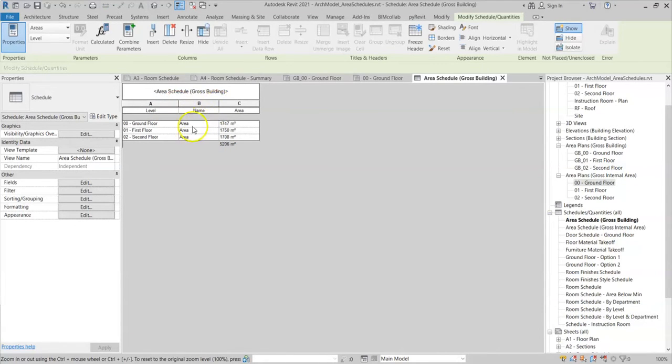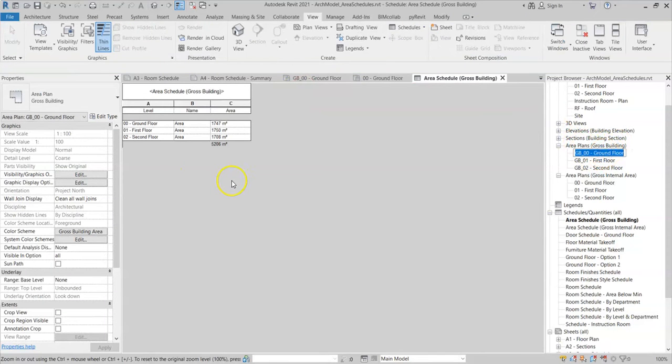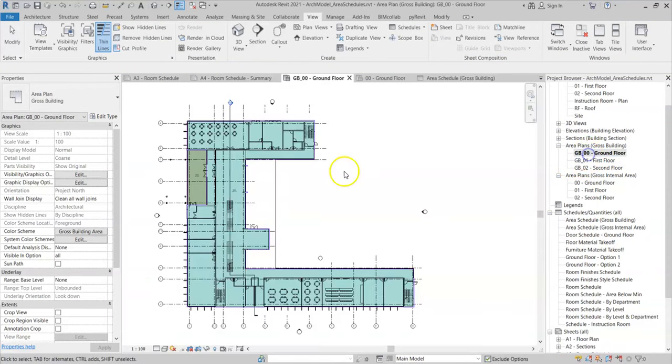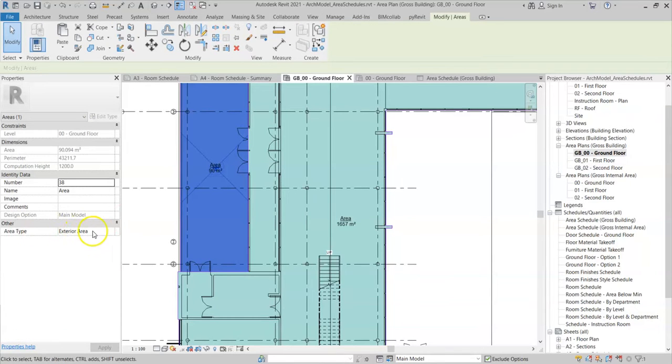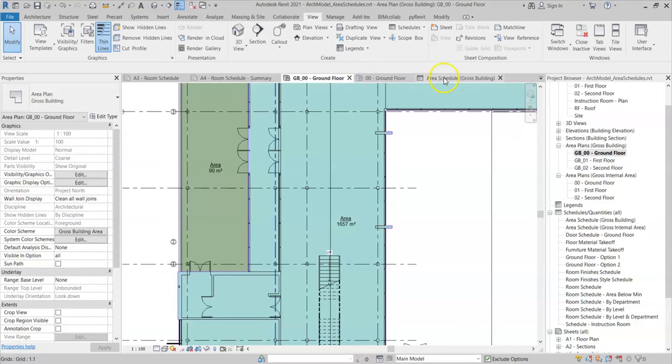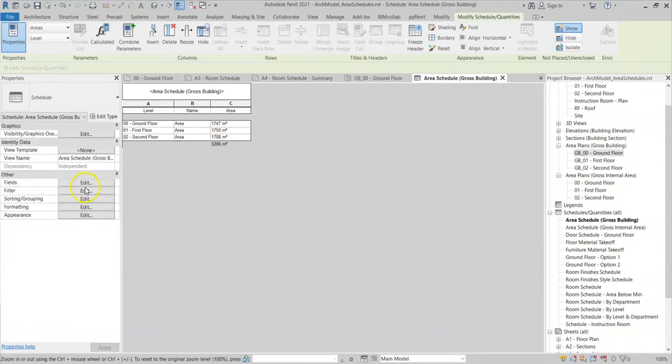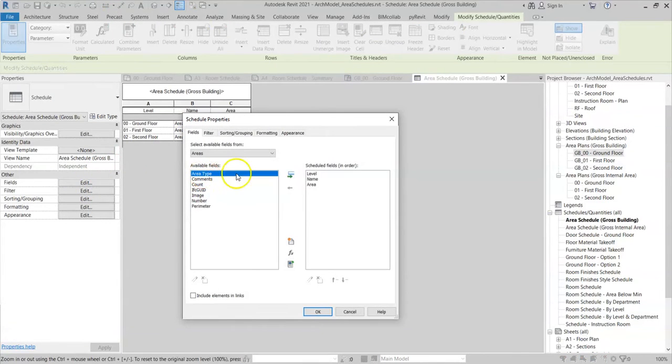So here we have the total area for the gross building area. If I go back to my gross building ground floor plan, you'll see that I have this area here, which if I tab to select is an area type exterior area, which I'll want to exclude from my schedule. So I'm going to go to the area schedule, add the fields, add the area type,